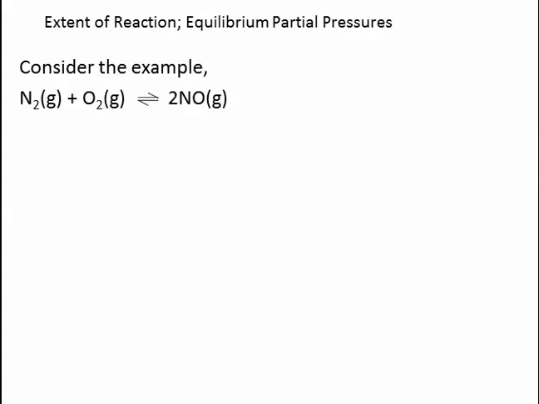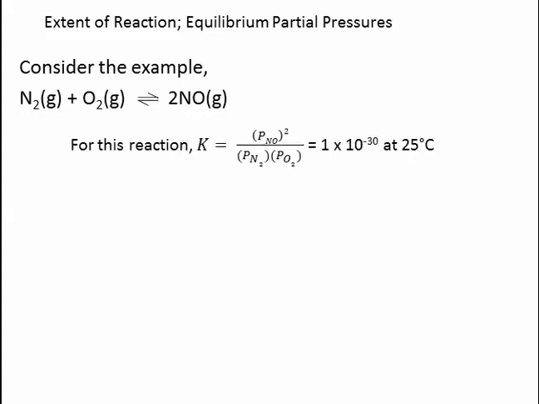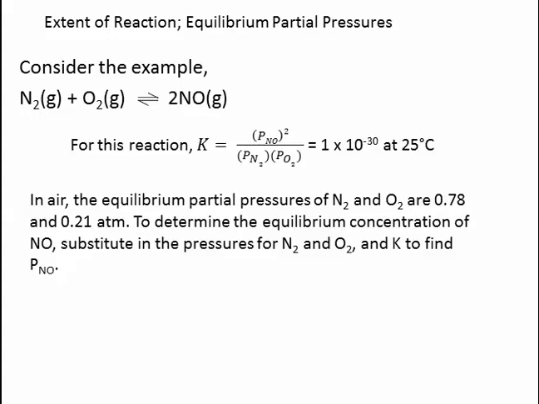So nitrogen plus oxygen produces 2 moles of nitrous oxide or nitrogen monoxide. So for this reaction, here's the equilibrium constant. We know that the K is 1 times 10 to the negative 30 at 25 degrees Celsius. So if we knew that the equilibrium partial pressures for nitrogen is 0.78 atmospheres and for oxygen is 0.21 atmospheres,